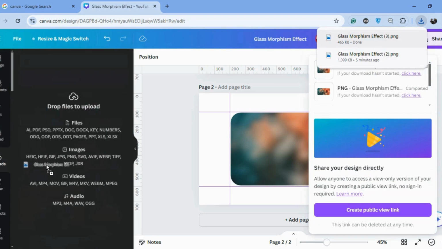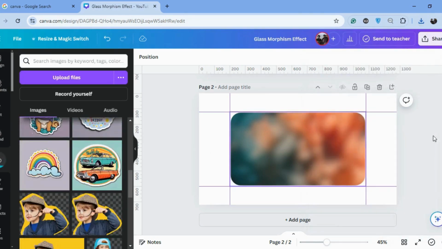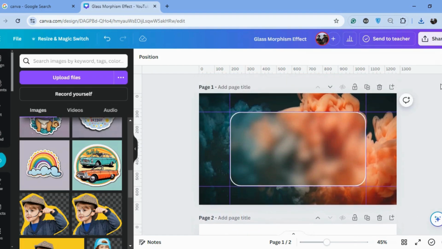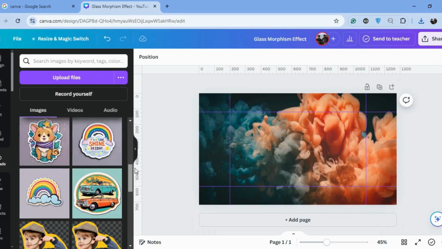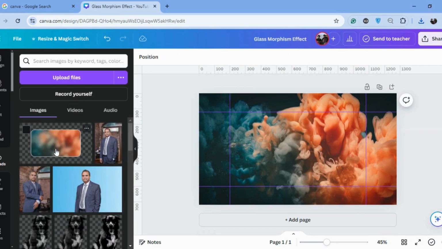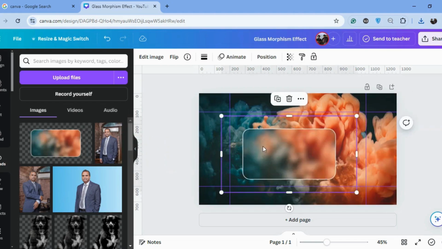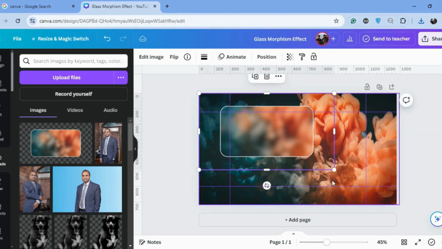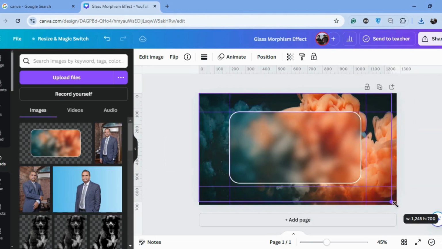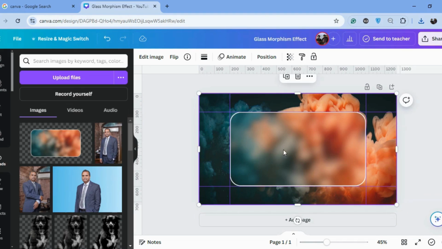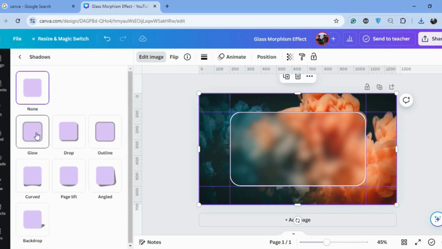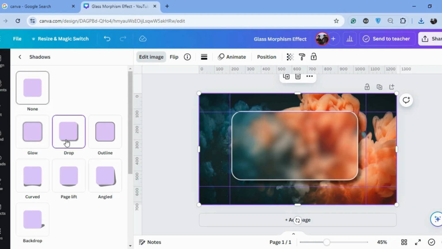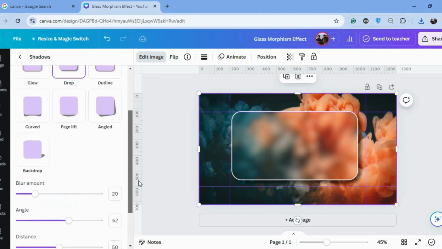and bring our image into uploads. We will delete this and bring it here and adjust it to our guides. Now we will go to edit image, and we will go to shadows, drop shadow,